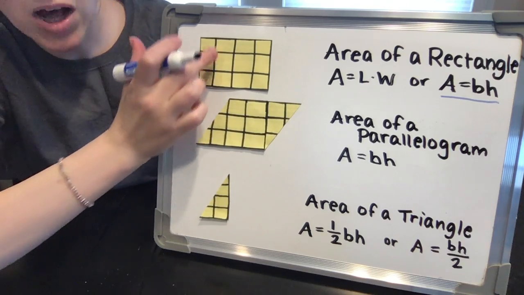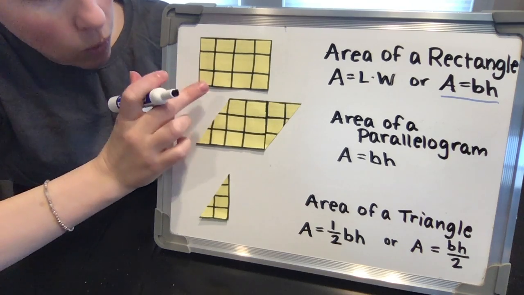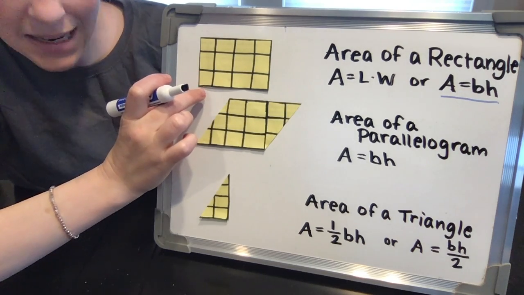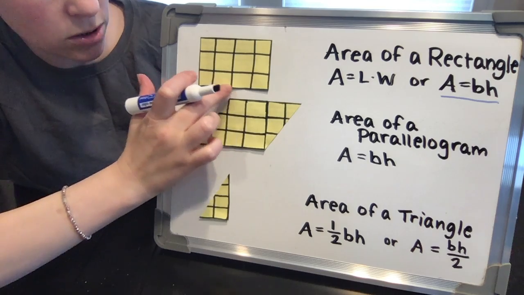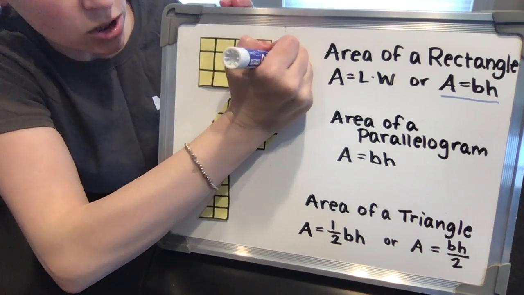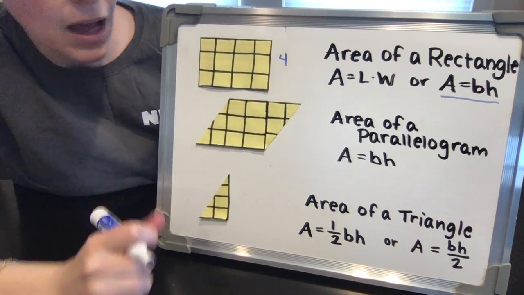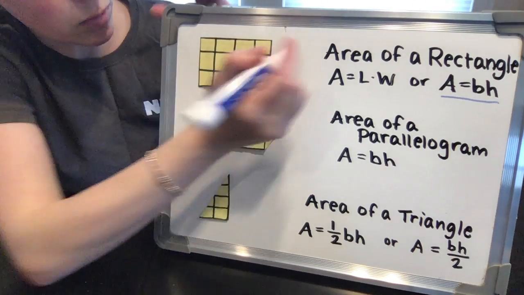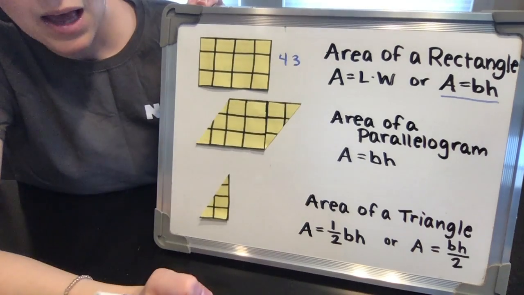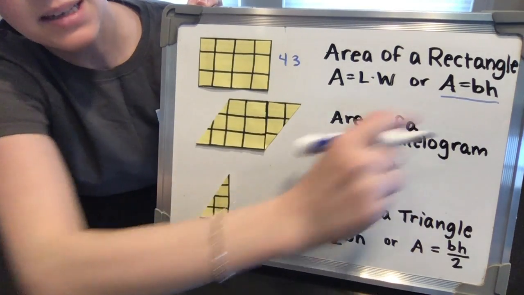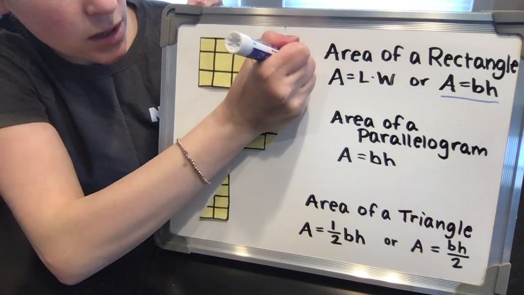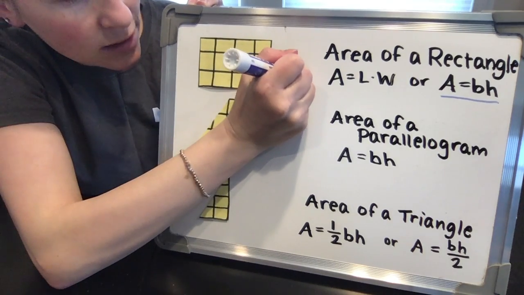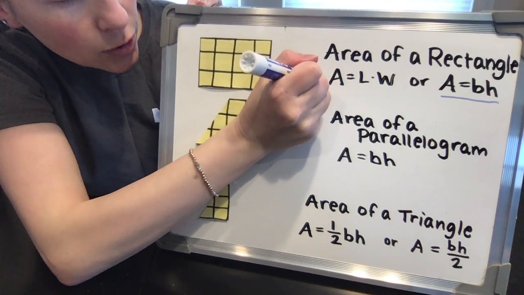So I could count them all and get 12 square units, or I could take the base or the length, which is 1, 2, 3, 4 units. So I'm going to jot a little 4 there. And then I have my height or my width, and that's 1, 2, 3. And if you notice, both formulas tell us to multiply those. So when I do 4 times 3, I get 12 units